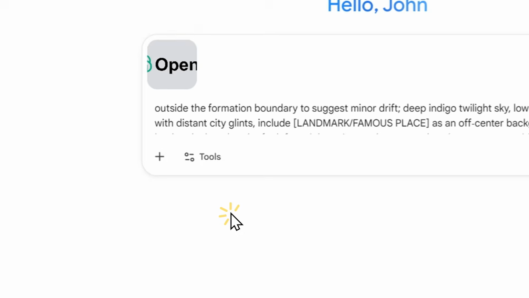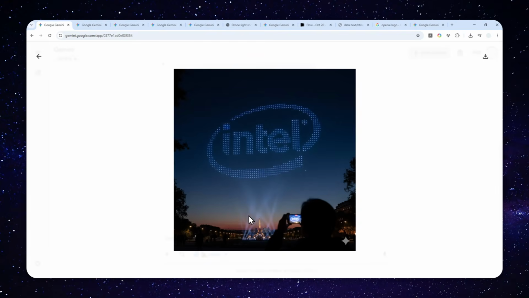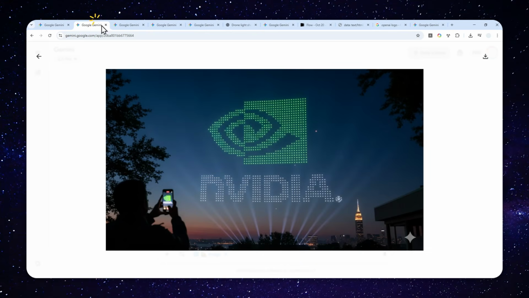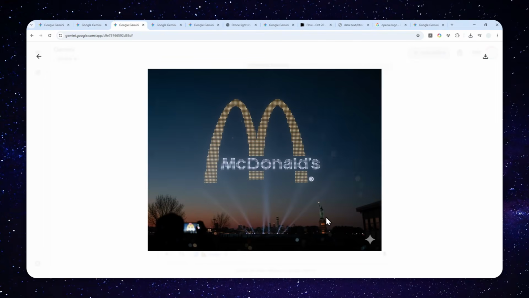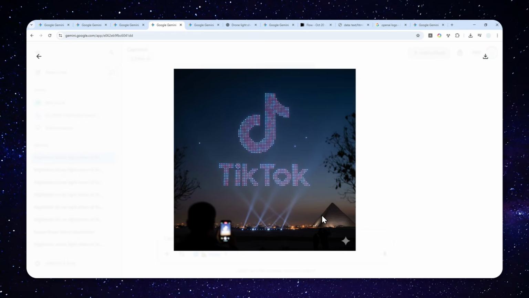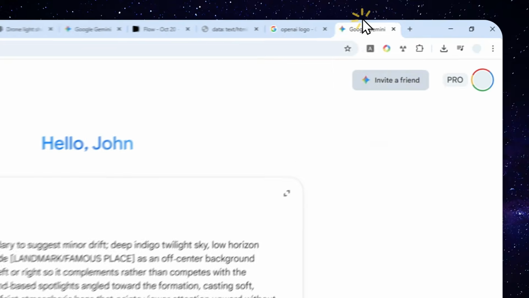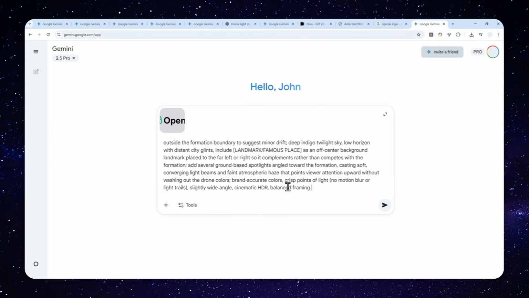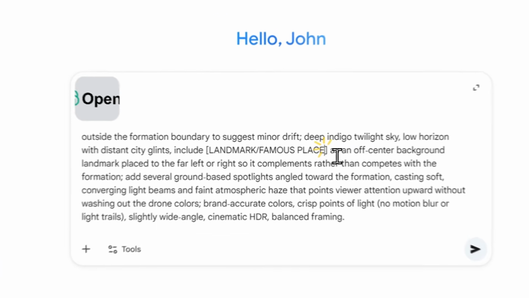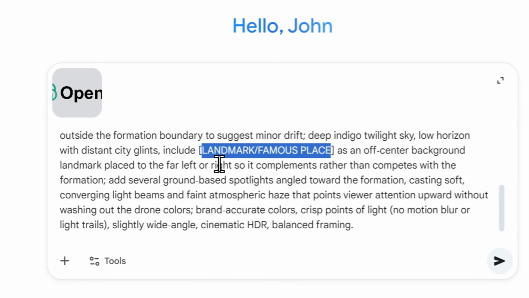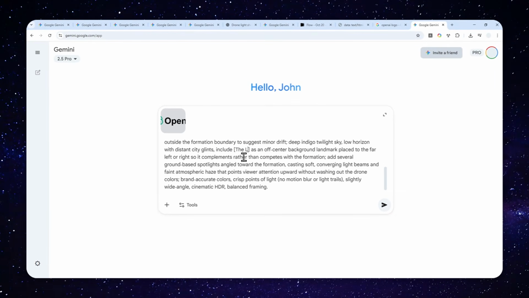And here, there is one thing that you can modify. Notice that on my examples, there are some famous landmarks like the Eiffel Tower. There is also the Empire State Building. There is also the Statue of Liberty and the Pyramid of Giza. And lastly, the statue of Christ the Redeemer in Brazil. So you can specify the landmark or the background of the scene, and I think that's going to add some realism to the picture. So for this example, I'll try to use the landmark of the Leaning Tower